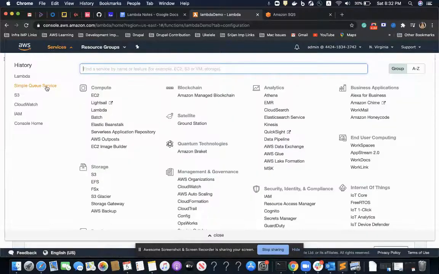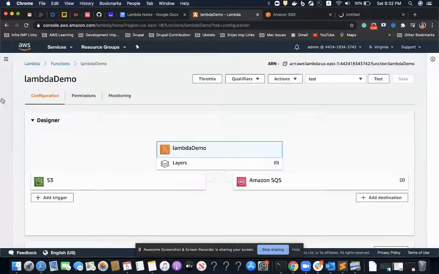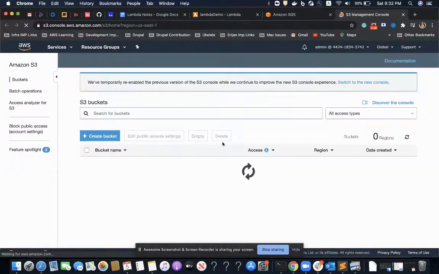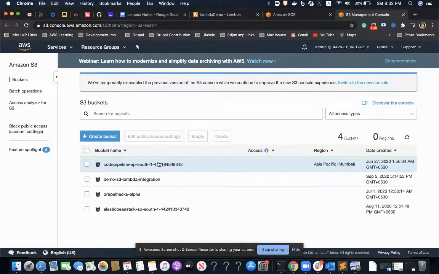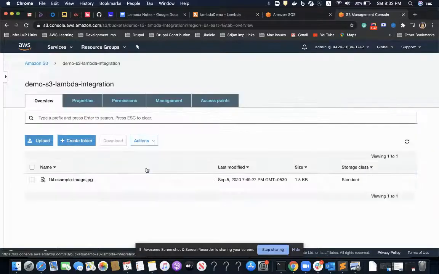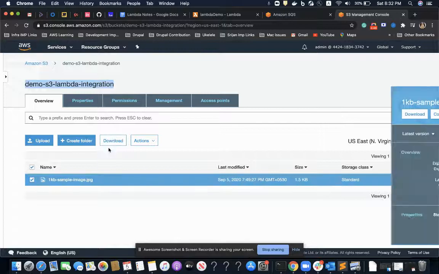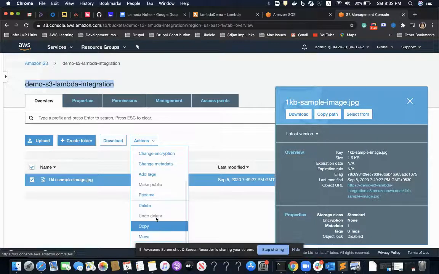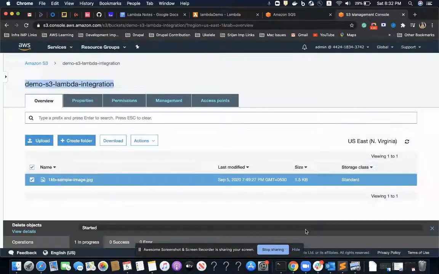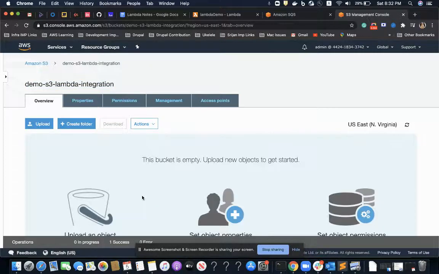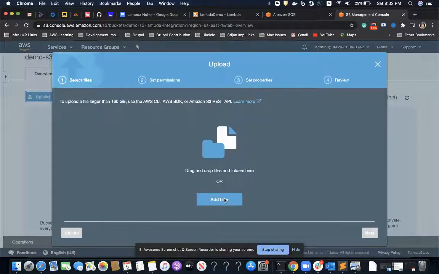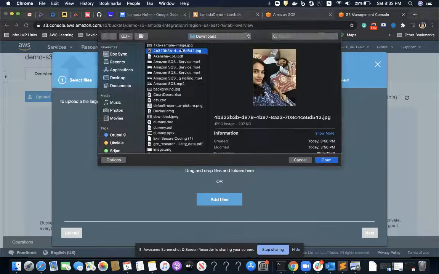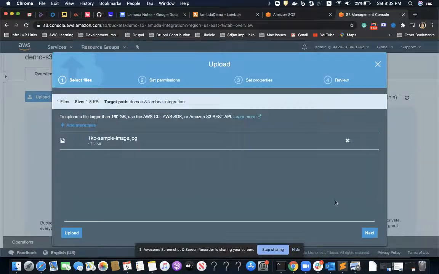So we'll go to my S3 and check out if yes, this is the S3 I'm using to trigger my lambda application. I'll go and delete this. I'll be using this file only to re-upload it, because this is of 1 KB only.